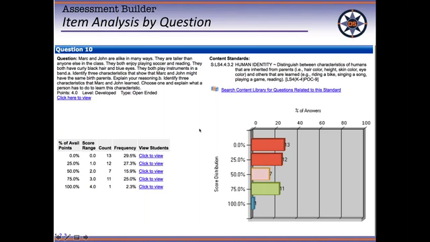But it is something we've been working on for a long time, and we really need to look at the results and try and analyze what's going on with our students. What haven't we been instructing well that they're not getting? And looking at questions like this can help us figure that out. If you're online with the item analysis, you can also go into the content library part of P+ and get more questions that are related to this standard. And here's the standard.